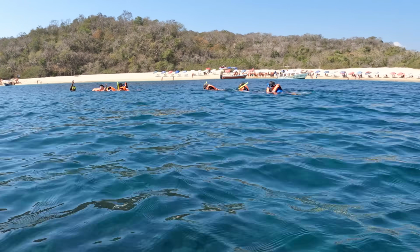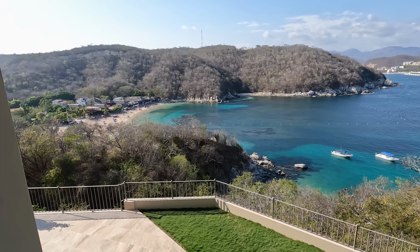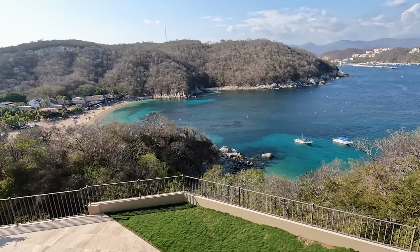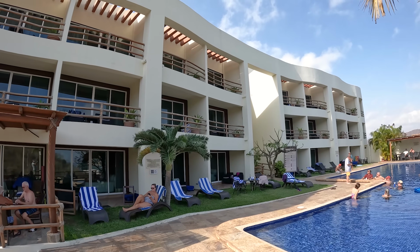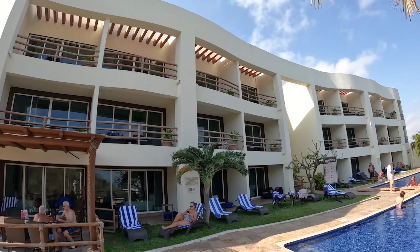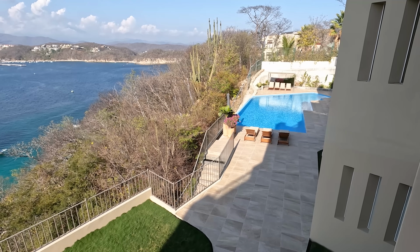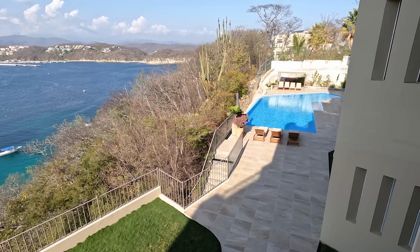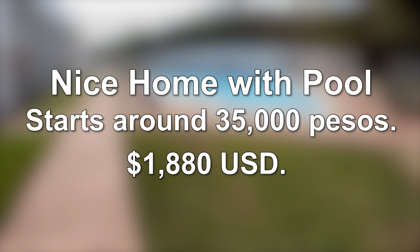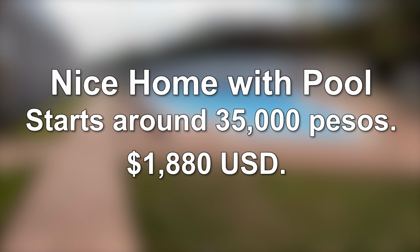Where is it not expensive on a beautiful coast? Hawaii or California, Myrtle Beach, it's expensive property. You want to come in May, and then boom, there's a big drop in the rent. So there are different levels of homes. Not everybody wants a studio apartment. You may want a home with an ocean view, and you can rent them, but they're so hard to find because Huatulco's sought after. You can get a lovely house with a swimming pool, and that's about 35,000 pesos